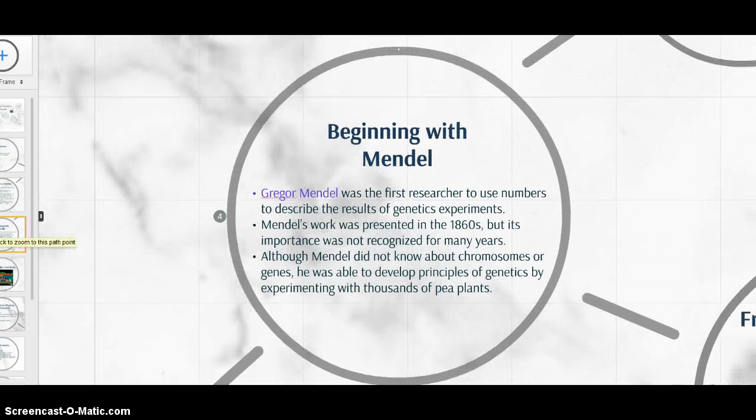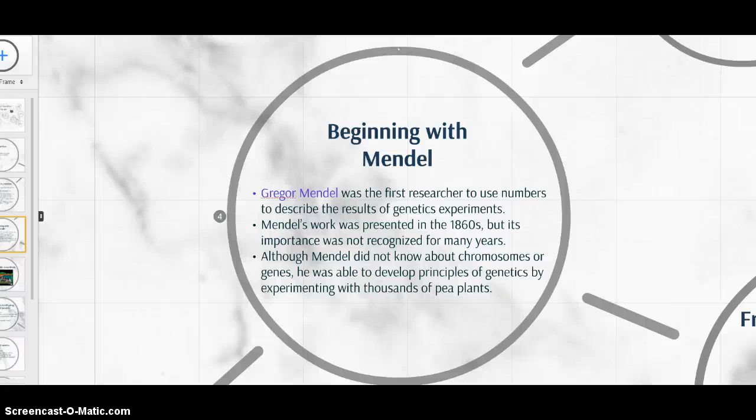And I mentioned in another video a man named Gregor Mendel, and he was actually the first researcher to use numbers to describe the results of genetics experiments. He presented his work in the 1860s, but its importance wasn't recognized for many years. So he gave the work, but yet no one really understood what he was talking about till much later. He didn't know about chromosomes or genes, but he was able to develop principles of genetics by experimenting with thousands